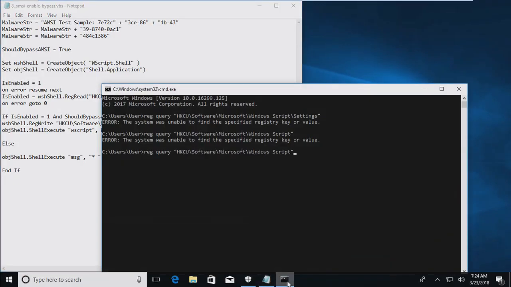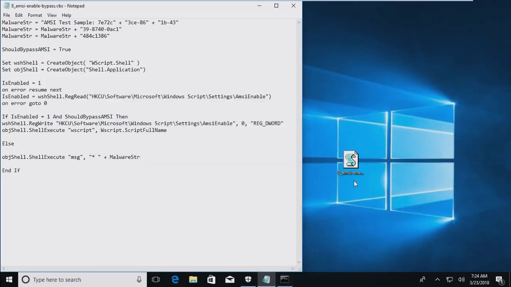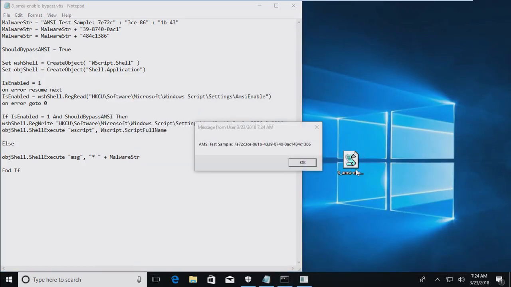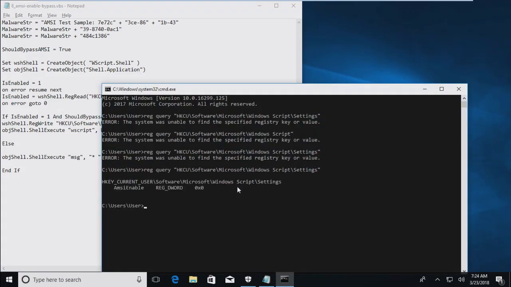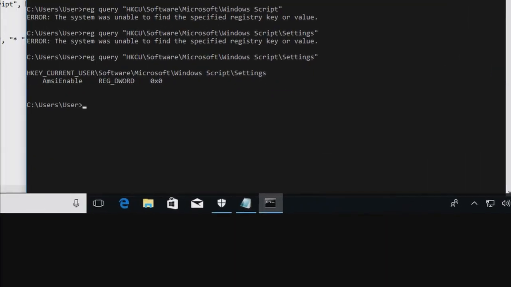Now as you can see, the registry key still doesn't exist, right? And when we double click the script, it'll pop up the message box. And we know that AMSI was bypassed. Okay. If we take a look at the registry, we can see that this value was actually created.